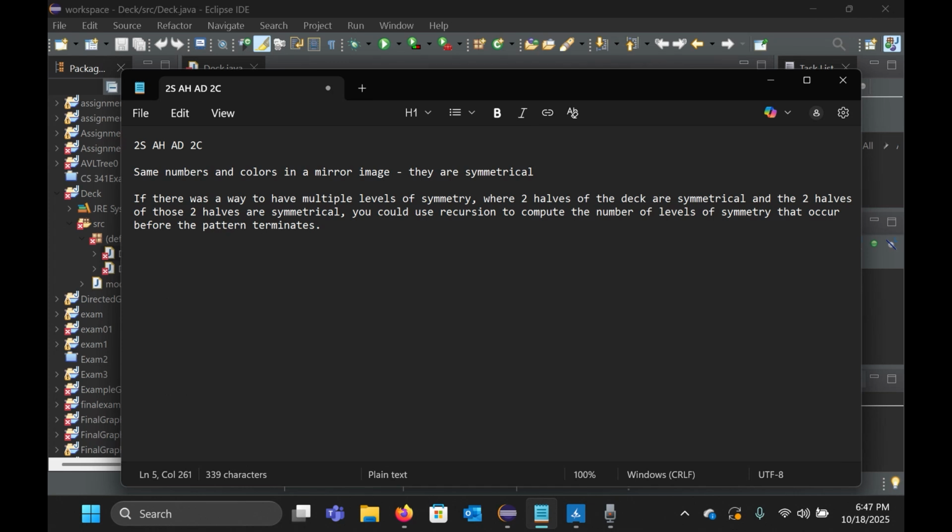All right, so we got a deck of 4 cards. We got the 2 of spades, the ace of hearts, the ace of diamonds, and the 2 of clubs. These 4 cards have the same colors and numbers and a mirror image of each other, so we would say